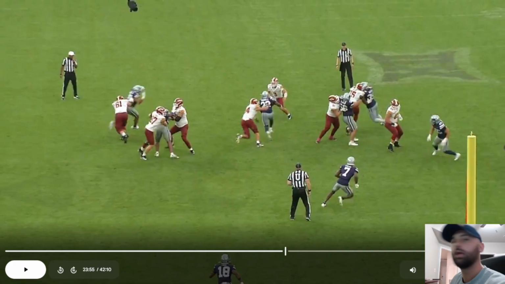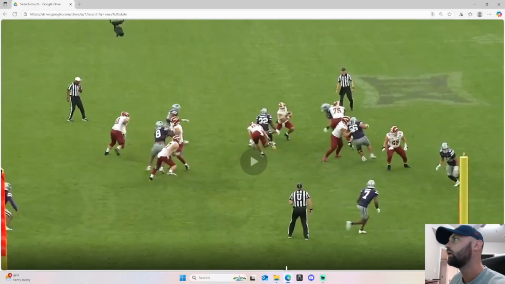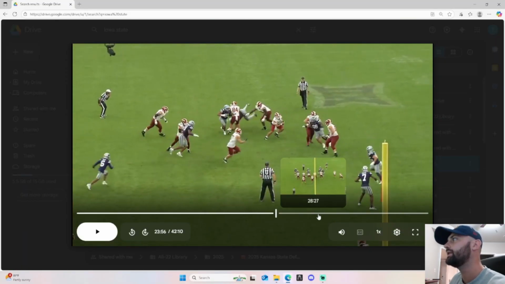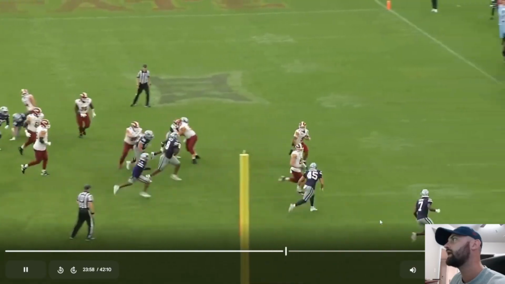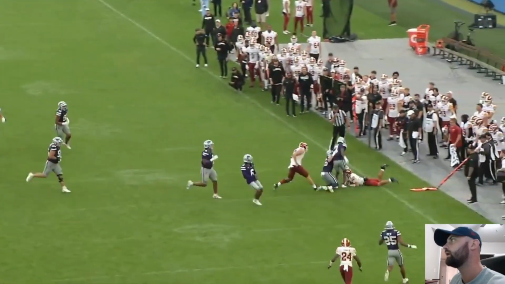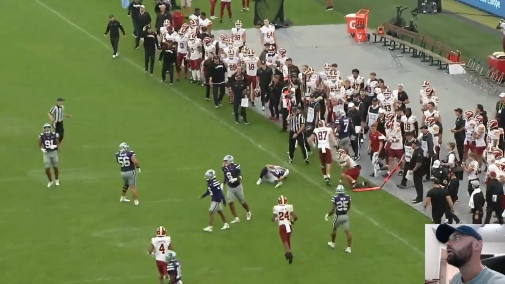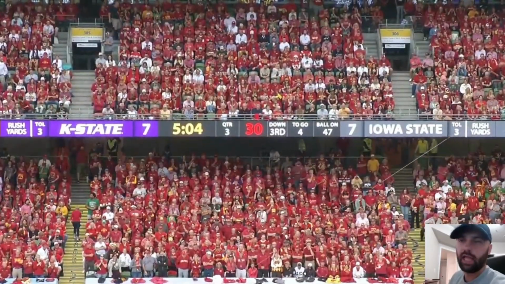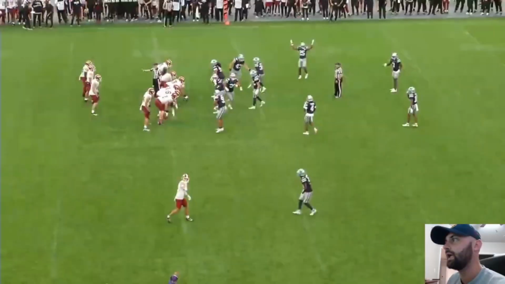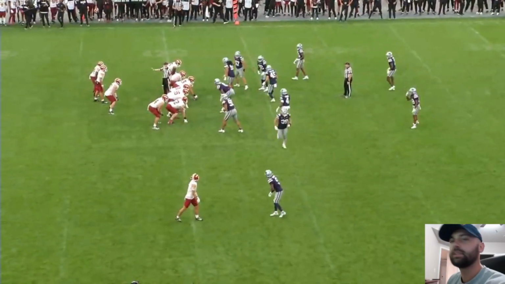It's 1v1, Purnell versus Rocco, and he's able to split this. He's able to split this somehow. He's able to split these 2 defenders, get outside the pocket, and slide down for what ends up being a 5-yard gain. So a 5-yard gain or 4-yard gain, depending on what the spot was there, sets them up for 3rd and